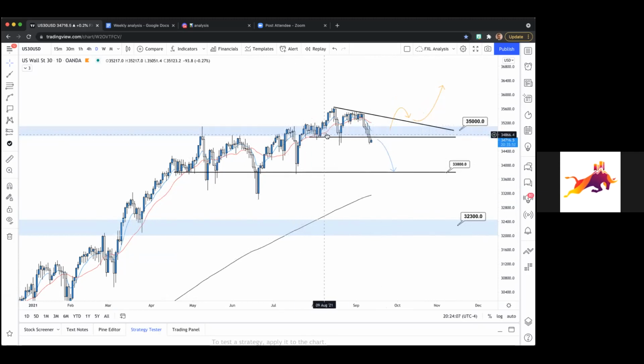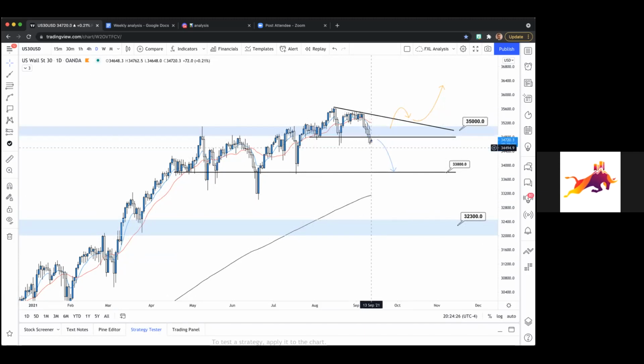We saw a lot of consolidation. Price action was struggling to figure out where it wanted to go. Finally got the break. We got the higher low. It followed through, but it didn't push to a higher high, right? We got a lower high instead. Tons of consolidation. And now it looks like it's reversing from 35,000, which is absolutely huge.